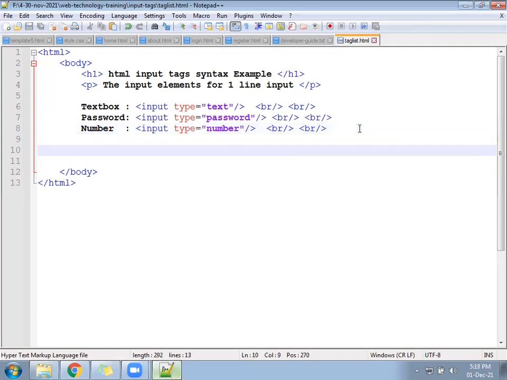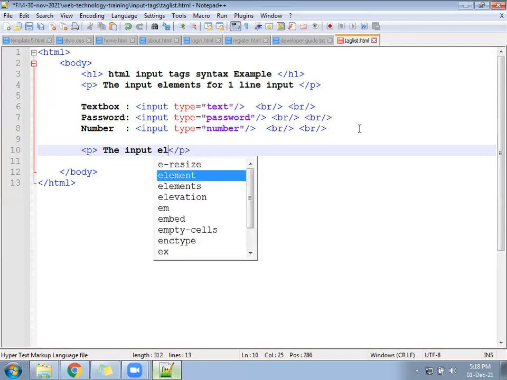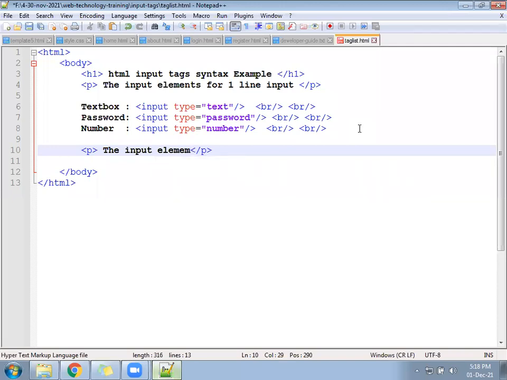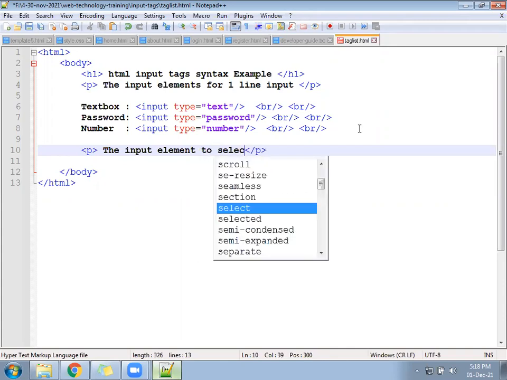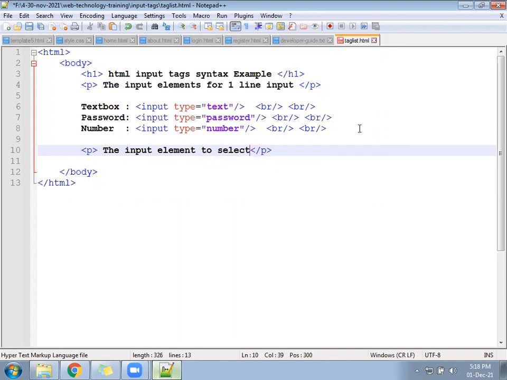Now come below. Now write the next paragraph. Call the input element to select, to choose from given.